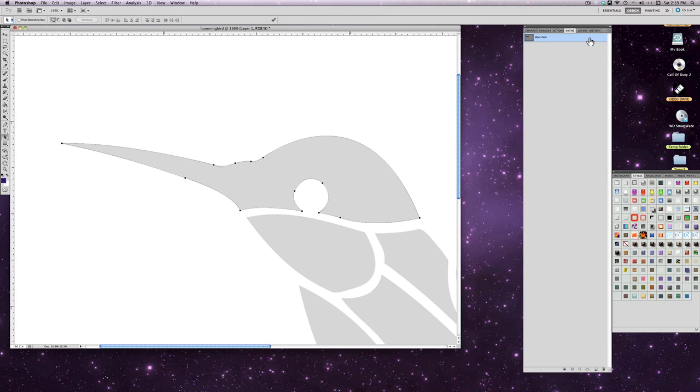So if you go over here on the top right hand corner and say save path, you can actually go ahead and save it, or you can say make selection, and make selection will turn it into a live area where you can actually add a color. Now here's what I'm going to do first. I'm going to actually do a save path. Okay, you get a chance to name it, so we'll say head portion. Okay, and then I go back here and say make selection,